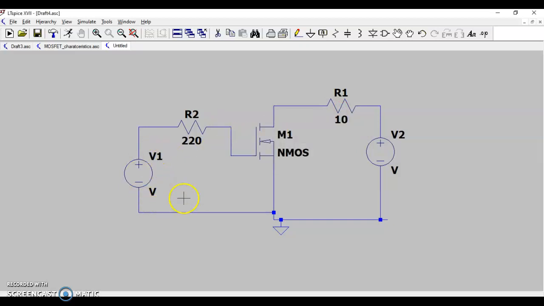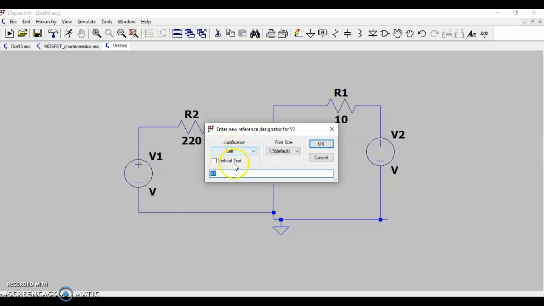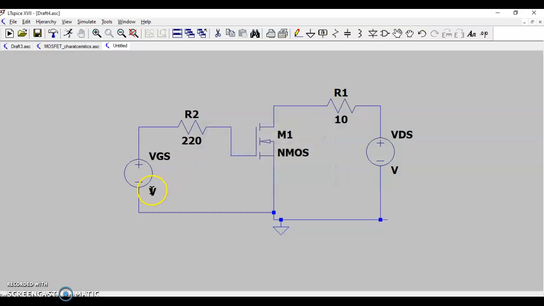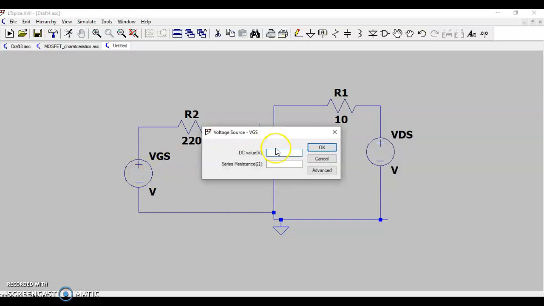Then the supply voltage, see this is nothing but my VGS. So I can change the label over here to VGS, and this is nothing but drain and source. So this supply is VDS. So I'll just right click and I'll change the label as VGS, and here I'll change the label as VDS. Then next, again when I get this hand symbol, I'll right click and I'll write the value. So the value of the supply voltage is 10 volt, and the value of this supply voltage is 30 volt. Now no need to write V because V is already considered.